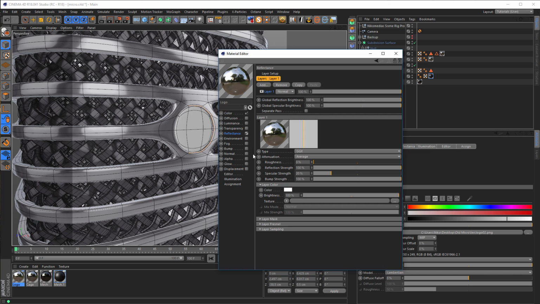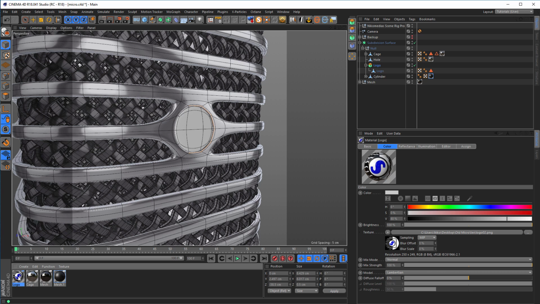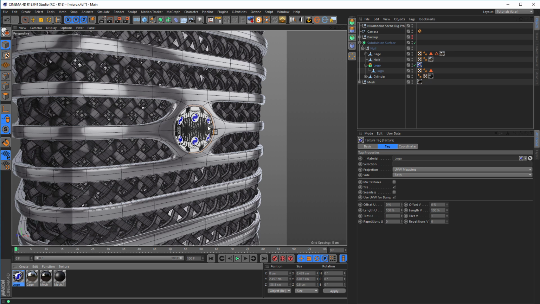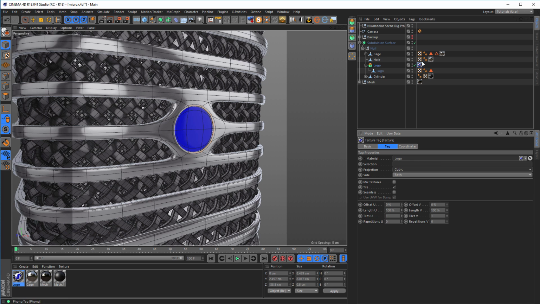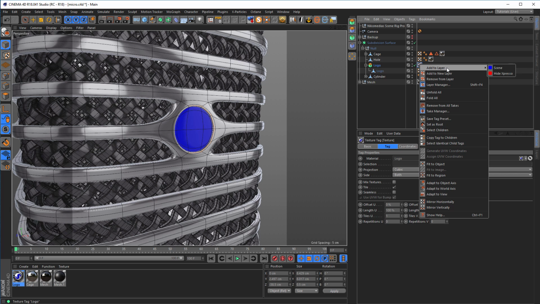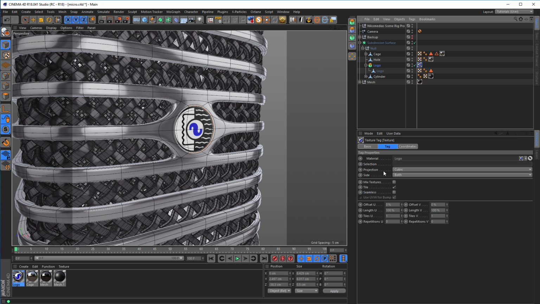And here I want reflectance, the dielectric glass. Okay, should be okay so far. And put the logo on the logo. Okay. Then we go in the cubic mode. And then right click on the texture tag and fit to object. Yes, and we are here. But